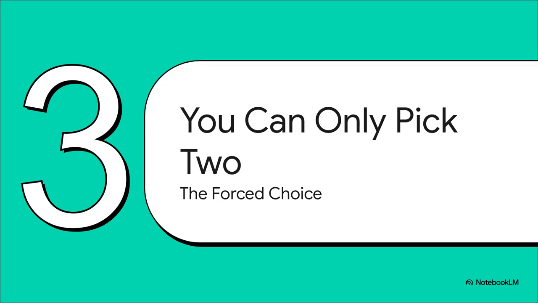So there we have it, the big 3. Consistency, availability, and partition tolerance. C, A, and P. And here's the kicker, the whole point of the theorem. Eric Brewer proved you can have C and A, or you can have C and P, or you can have A and P, but you can never, ever have all 3 at the same time. You've got to pick. You're forced to make a choice.